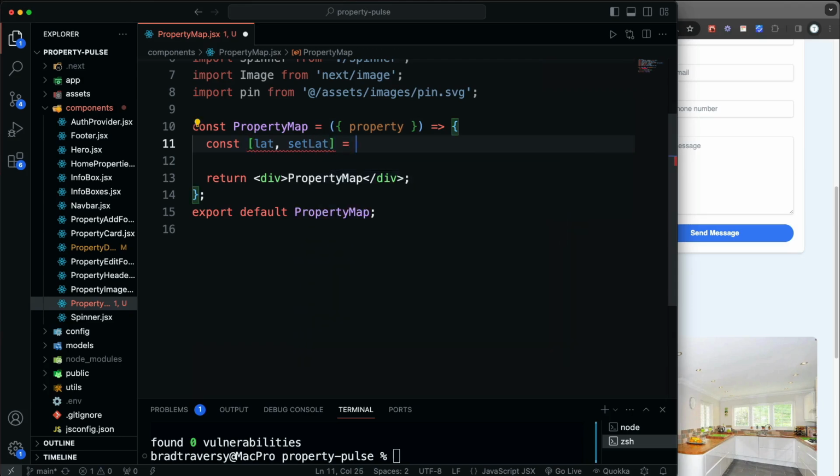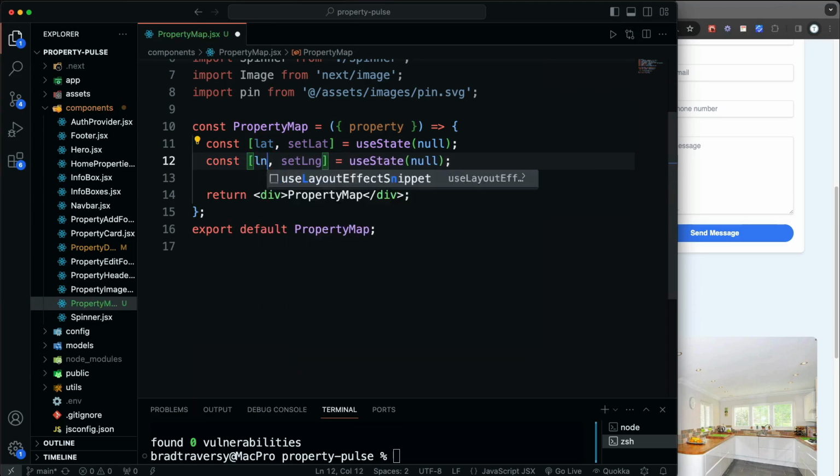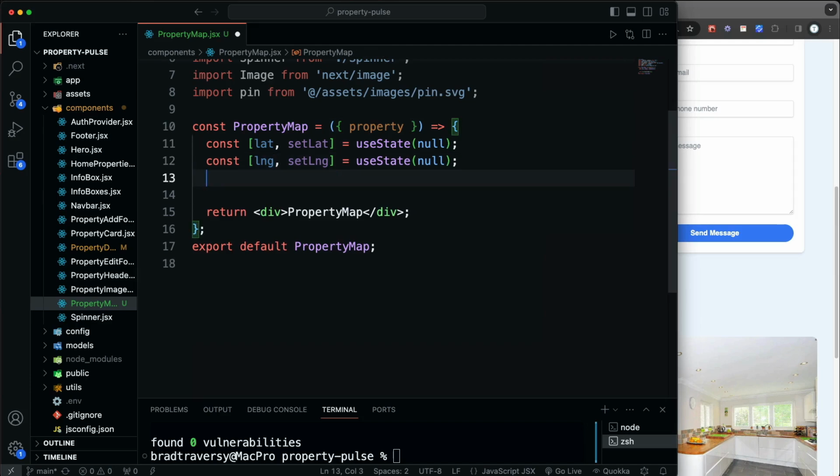Use state, and that'll be null by default. And then we'll copy that down, and this is going to be lng. Let's change that to LNG. And then the viewport is going to be an object in our state. So let's say viewport, and then set viewport,